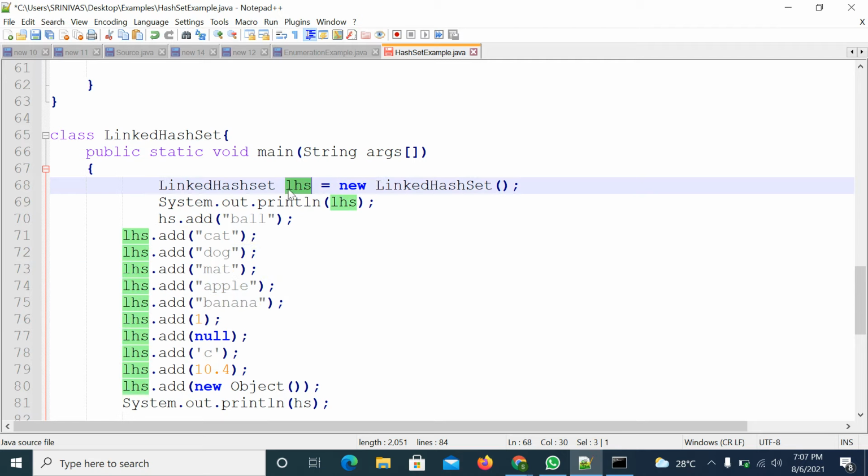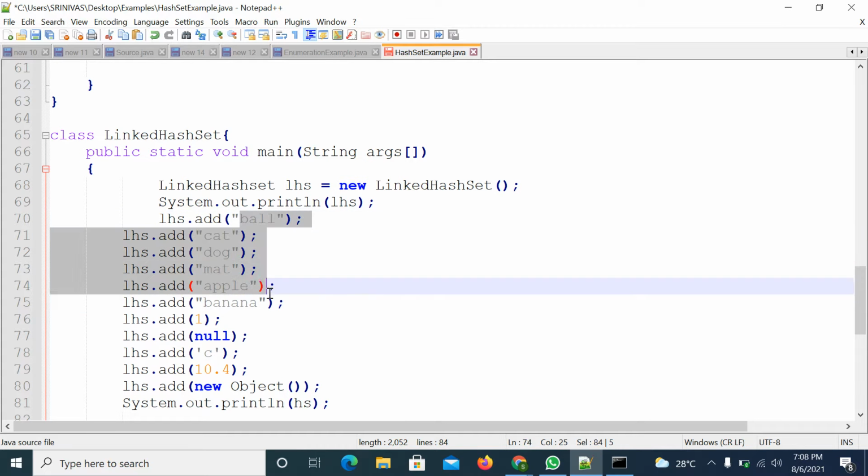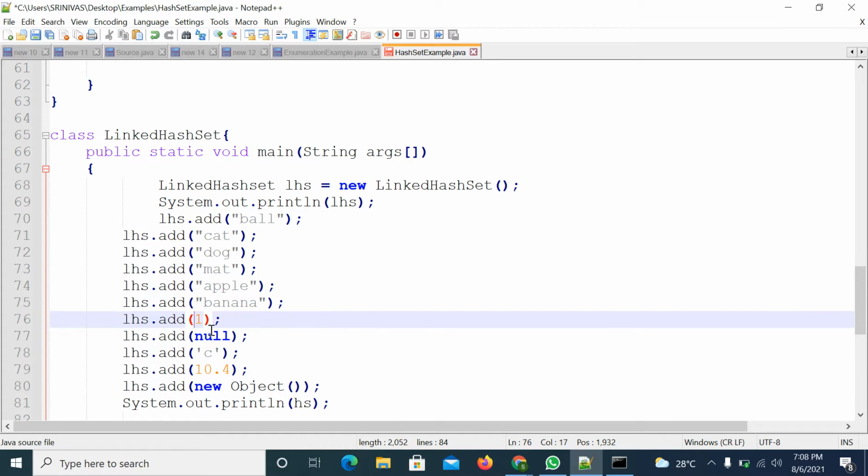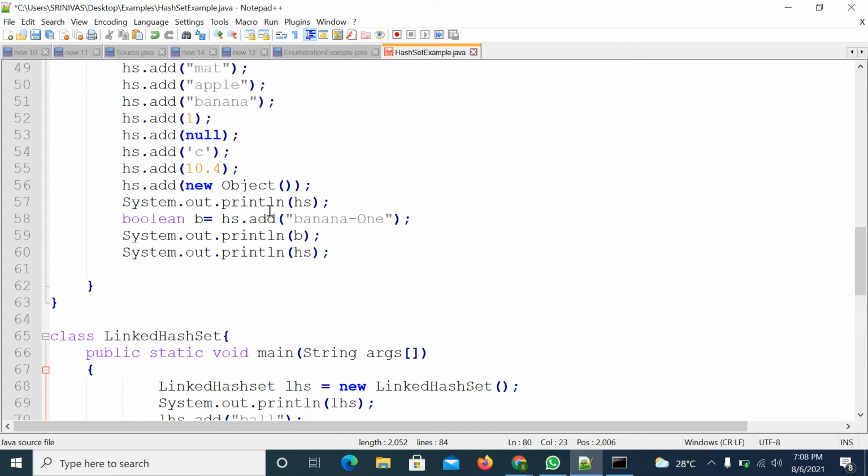So here my reference name is lhs. I added string contents, then numbers, null, a character, a double value, different objects. So heterogeneous data I added. In this case also I added the same data.